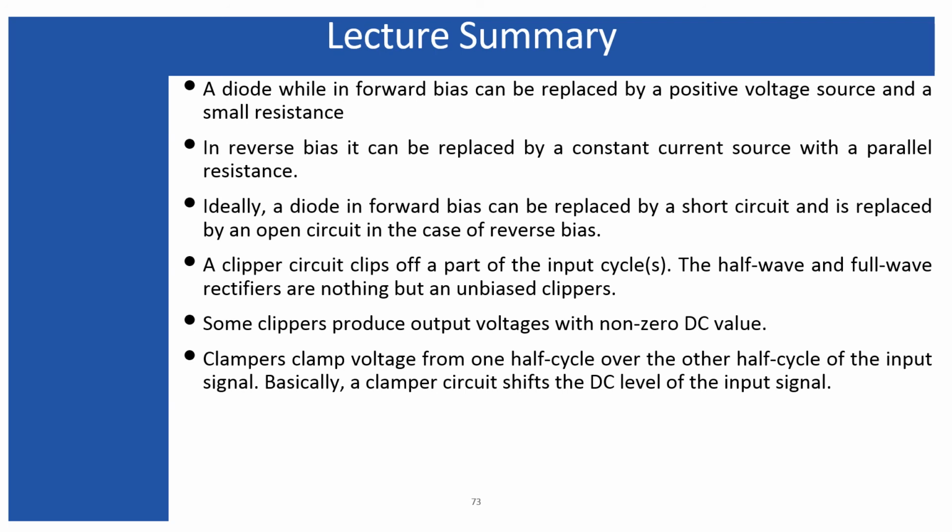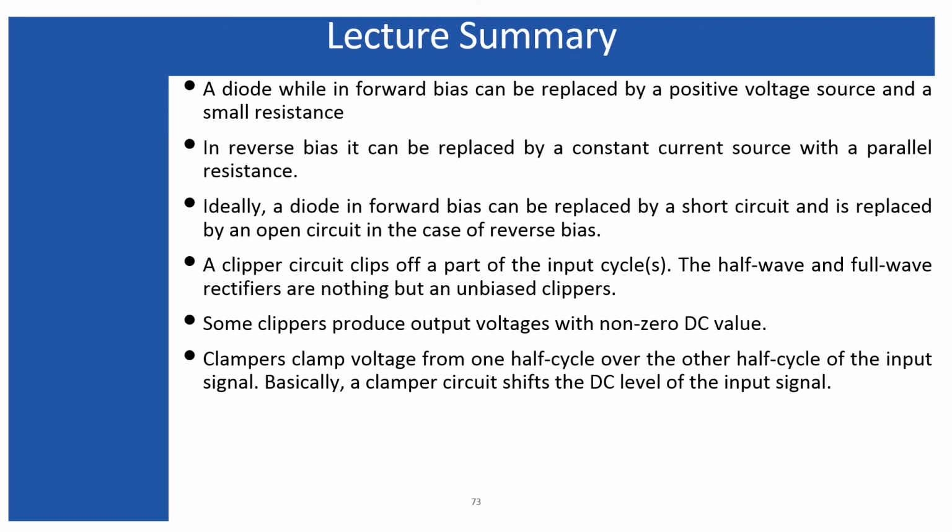An ideal diode in forward bias can be replaced by a short circuit, because an ideal diode must not consume any power, only the load should consume the power. So therefore, since the circuit current is not equal to 0, the diode voltage must be equal to 0, and the voltage across the diode means it includes both the voltage source as well as the voltage across the resistance due to the circuit current. So if both of them are equal to 0, the 0 voltage source and 0 resistance can be replaced as a short circuit. In the reverse bias, oppositely, an ideal diode can be replaced as an open circuit.